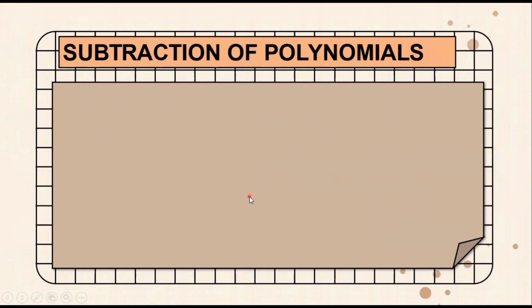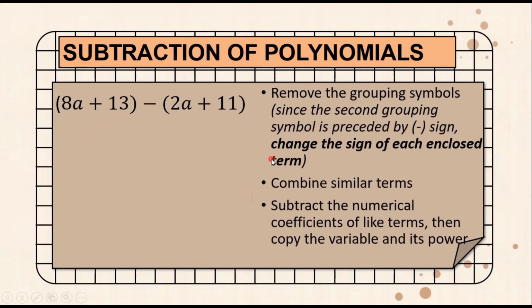Next, we have 8a plus 13 minus 2a plus 11. So we are subtracting now two binomial expressions. So we have to combine like terms, yung a para sa a, yung constant para sa constant. So we have now, following the different steps, it will give us now,